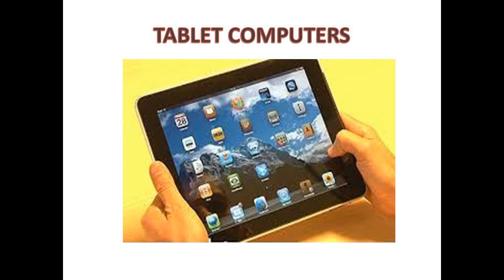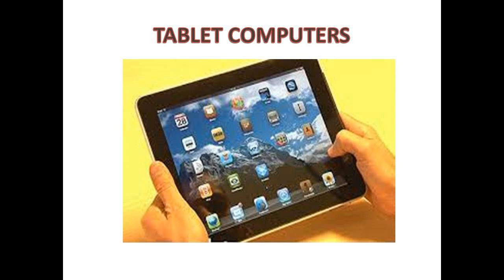Next one, tablet computers, often called simply tablets. These are small mobile devices. They easily fit in your hand and usually work on a wireless network. They are lighter than a laptop because they do not have a foldable screen, keypad, touchpad, USB drive, or DVD-ROM. Instead, they have a touch-sensitive fixed screen which provides the functionality of a keyboard and mouse. You can browse the internet, read the news, and play games on a tablet.